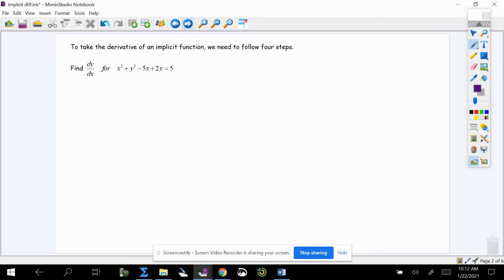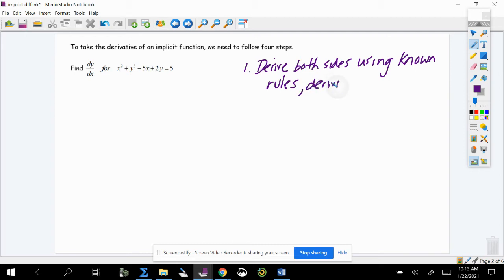I'm going to explain the process as I do it, so I'll write a step and then do the step. Step one, you are going to derive both sides using all your known rules. So you still may have product rules, power rules, quotient rules, even trig shows up. But the biggest difference is that when you derive y, you need to put dy over dx,